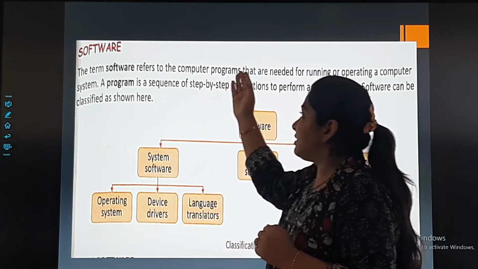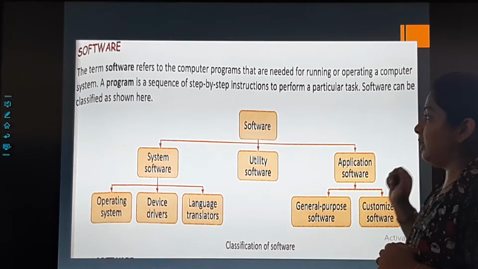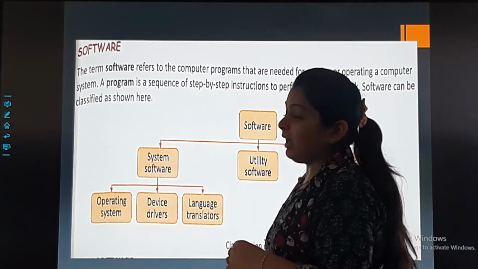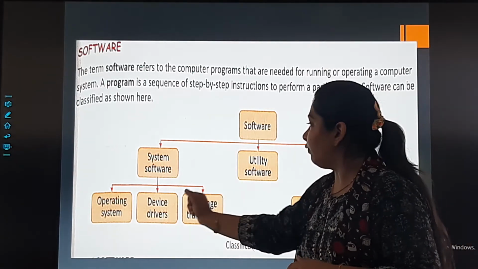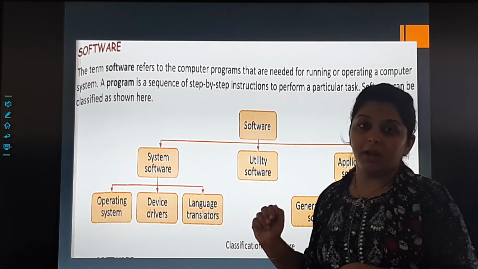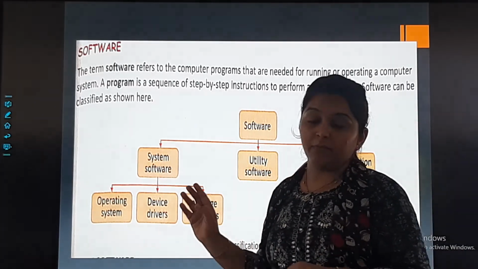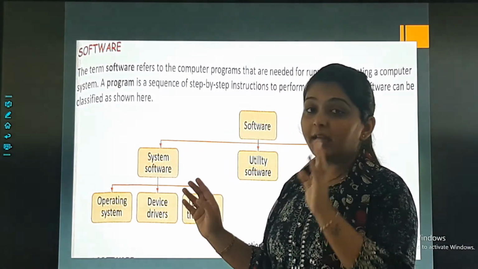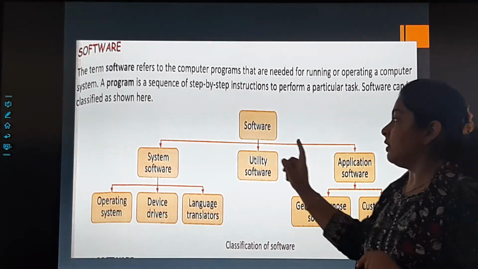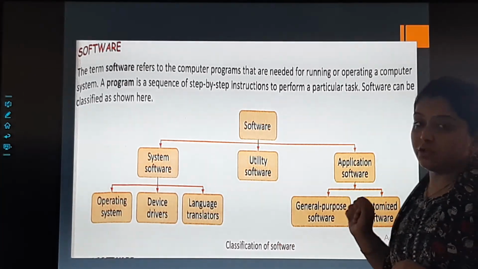A program is a sequence of step-by-step instructions to perform a particular task. Now, dear children, the software can be classified into system software, utility software and application software. These are the three types of software. You will write down the answer like this: system software, utility software and application software.